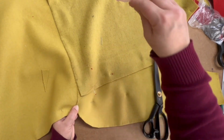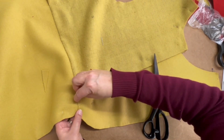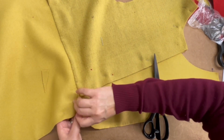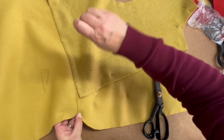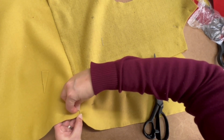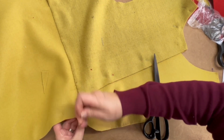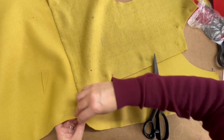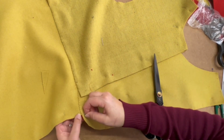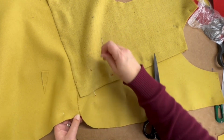Oops. That's why people don't like pins being in, because it catches on their thread. But yeah, it's irritating, but I don't have time to tack everything in place first of all. Just feeling across. So I'm going to just stop there. Okay, and then